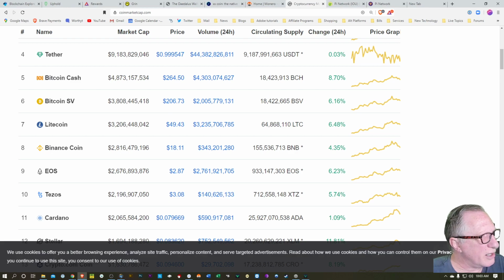Crypto noob here. Could you explain the difference between a limit order and a stop order on Coinbase? I'm not really, that's an investment thing. That's a trading thing. I don't know much about that kind of stuff, so I can't really answer that question. I can give you my best guess.